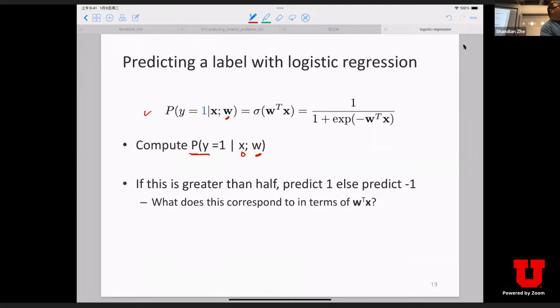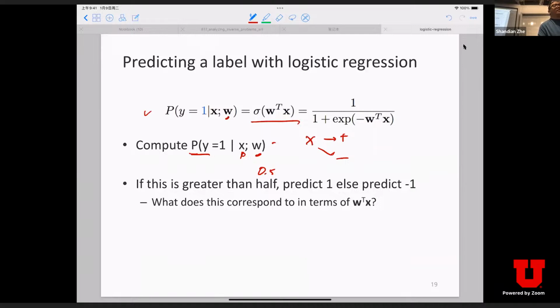So as we just discussed, given any testing input X, I can use my model to calculate the probability that Y has label 1. Then according to this probability, we can decide whether we assign X a positive label or a negative label. If you don't have any prior knowledge or preferences, you will probably just take 0.5 as the threshold. If your probability of Y being 1 is bigger than 0.5, you might classify X as positive. Otherwise, you classify it as negative.